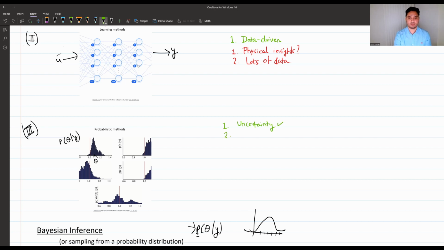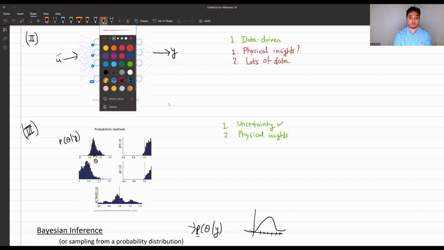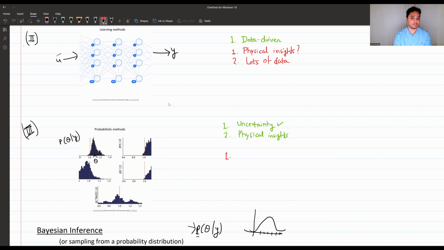And the second advantage is that we can get physical insights. Also, a couple disadvantages to this method. So one is that it is computationally expensive. Second disadvantage is that the convergence or the optimality is not always obvious. And it's only provably optimal distribution under various assumptions, as we will see later on, because